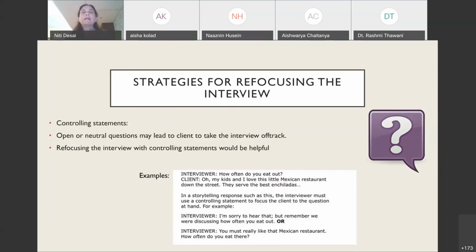Very often we realize that the interview, the recall, is just running away. You ask somebody, how often do you eat out? The husband and wife are there, and even before the husband answers, the wife says, oh, actually I don't like to go out, but my children really like to go out and they love to have pav bhaji. But I'm not asking what your children like. So this is the time when we need to be slightly firm and get them back on track. When the conversation turns into a storytelling session, we again need to be slightly firm and bring them back.